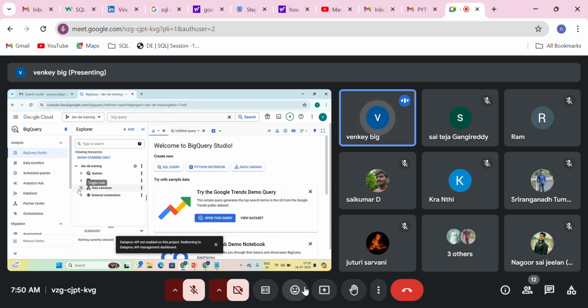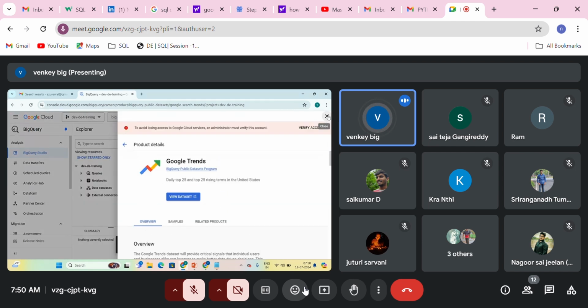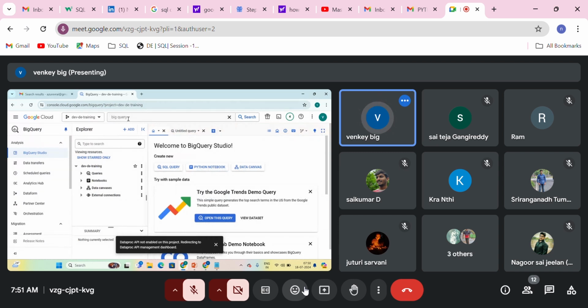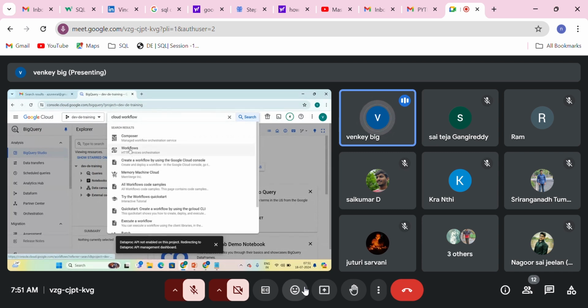This is something we're going to see as well. And then we will see Cloud Workflows. I just want to check whether, yeah, we have workflows.